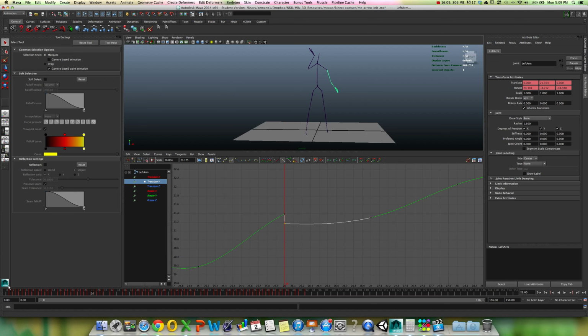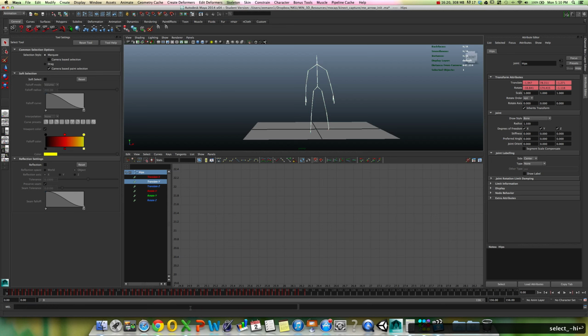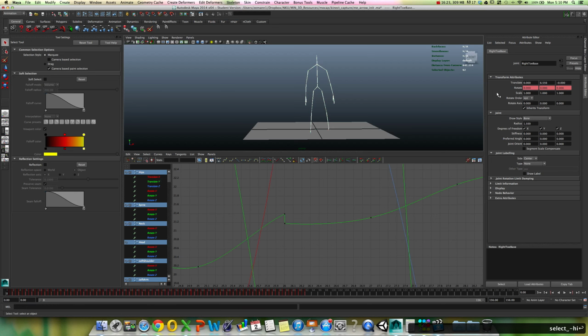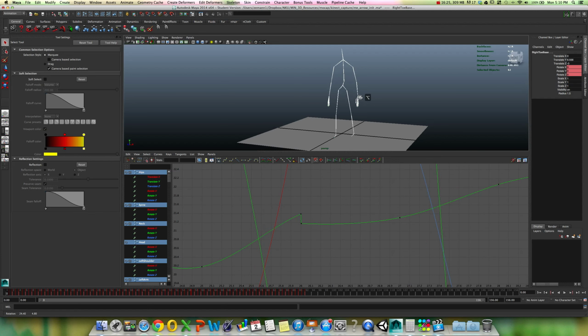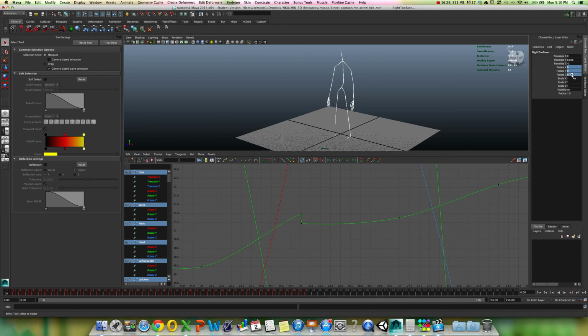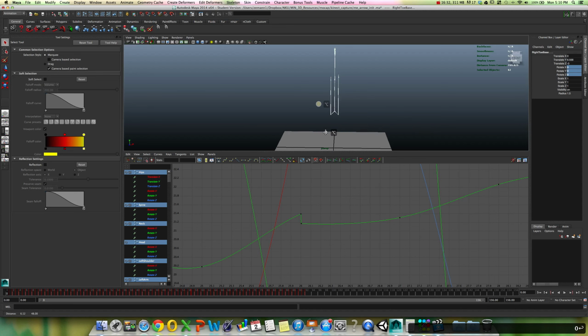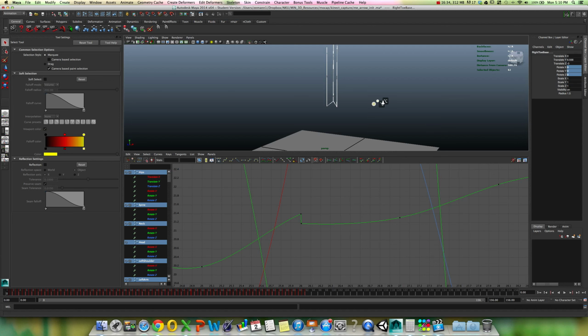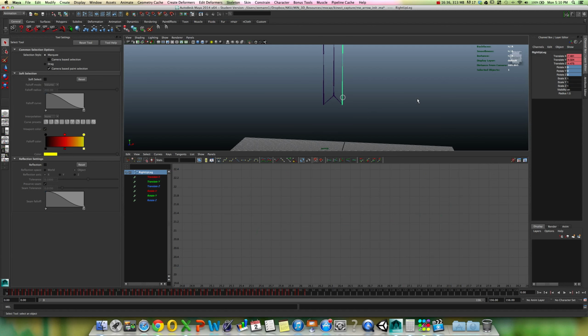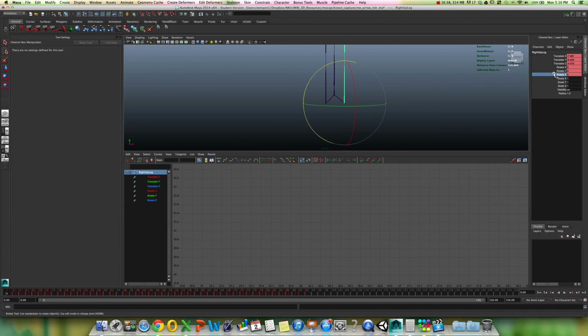Alright, so first thing is first, let's go ahead and zero him out. Let's put him in the T-stance. The T-stance is like a reset for our character. And I'm going to hit select, minus HI again, and that selects everything in the character with the exception of what I had originally selected. Now we're going to zero out his rotations, and you will get a skeleton that looks like this. That's perfectly okay. What we're then going to do is make sure that these legs